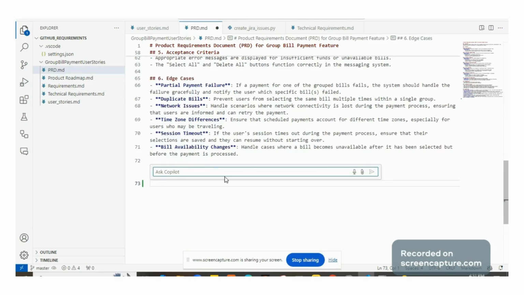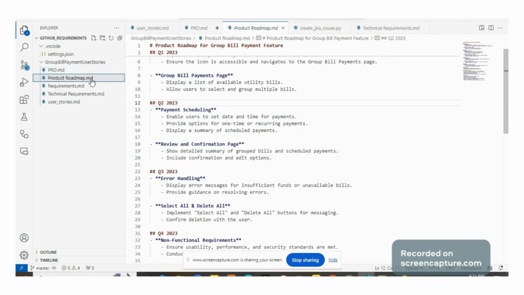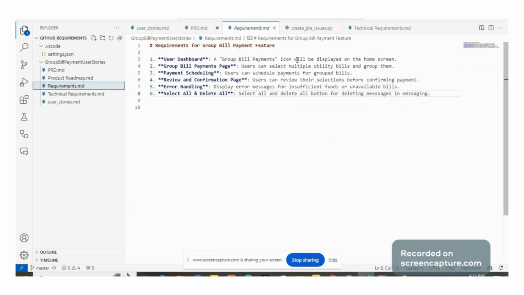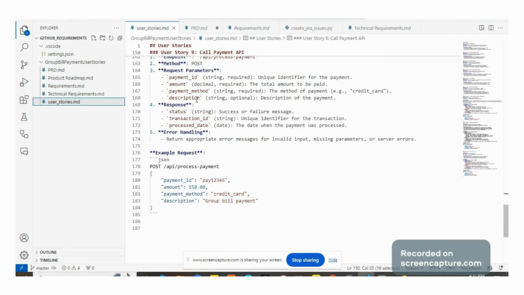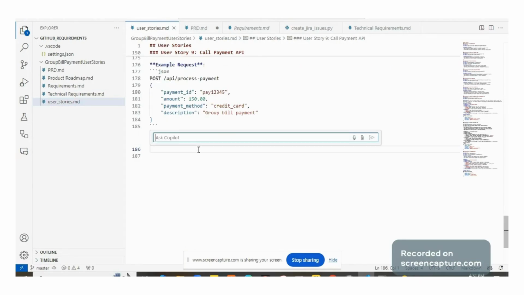Even if you have some information in sticky notes, you can just type that information and it will give you a PRD for that. It will craft a product roadmap for you, small details. Even from requirements, you can have requirements here. Now suppose you have to create user stories from the requirement. I'll go on Control I. I'll say create a user story